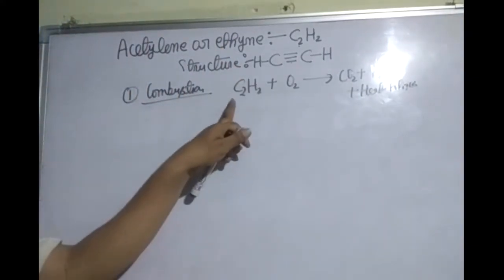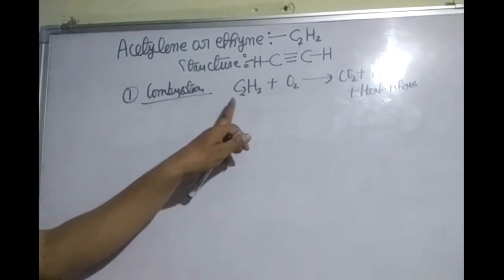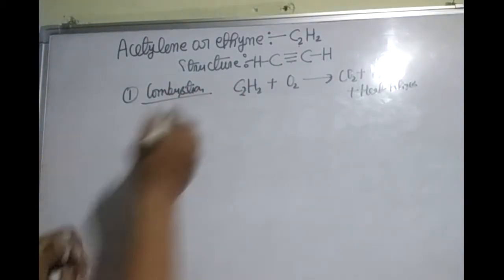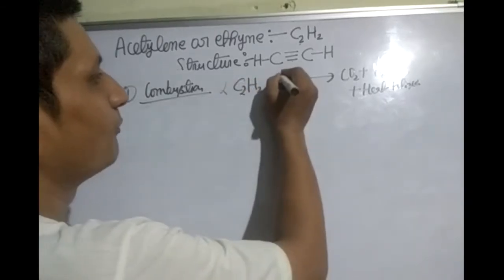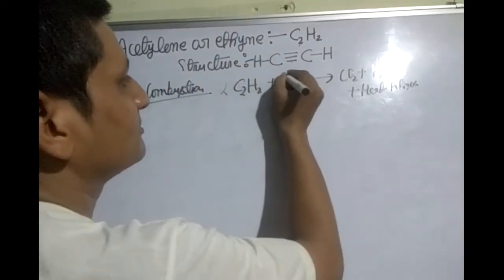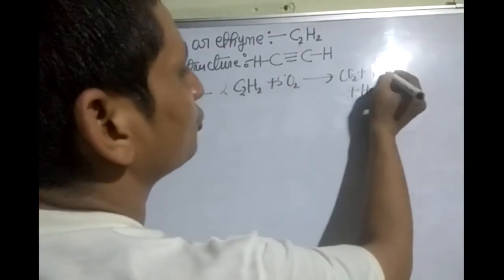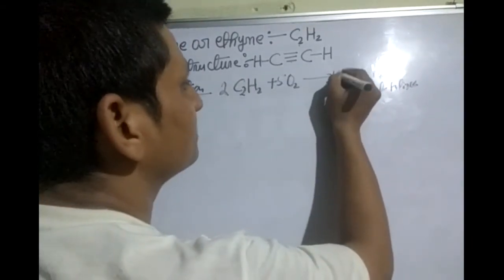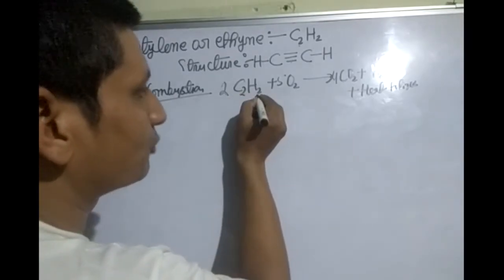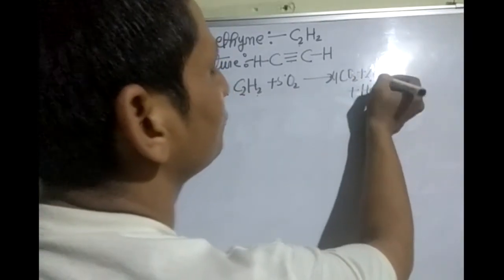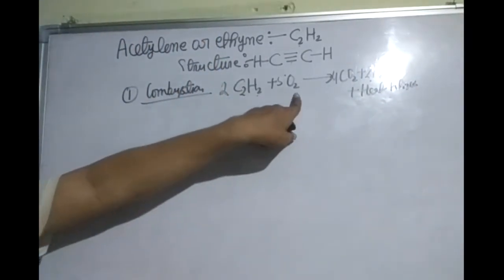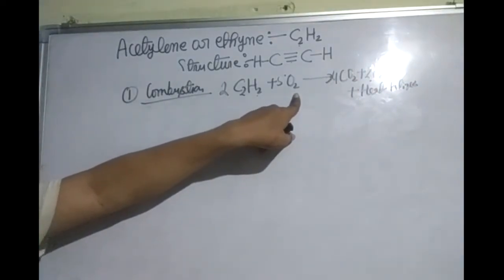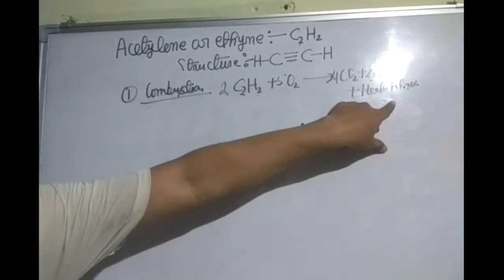Look here, acetylene. Acetylene formula is C2H2. Now we have to balance this reaction. We have to take 2, 5, 5 2s are 10. So we have to take here 2 2s are 4, meaning 4 CO2, and 2 2s are 4 hydrogen. Acetylene burns in air to form carbon dioxide, water, heat, and light.